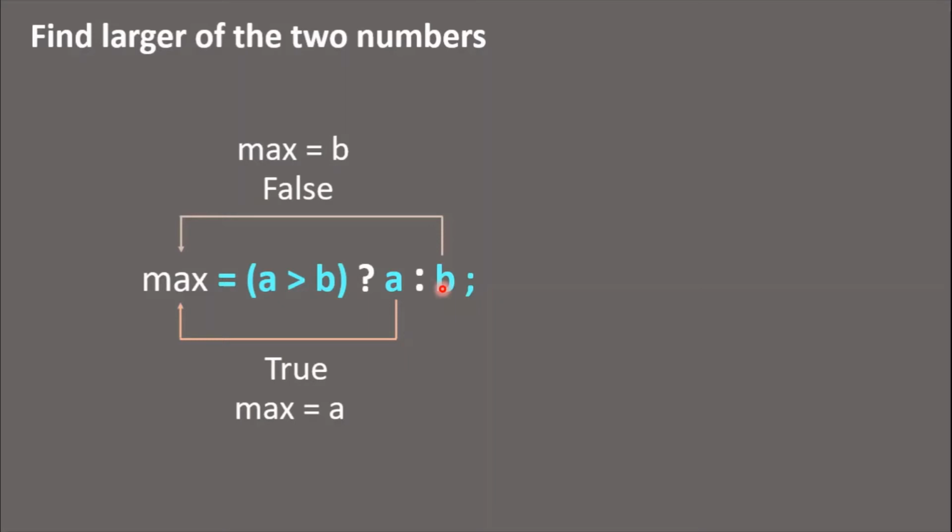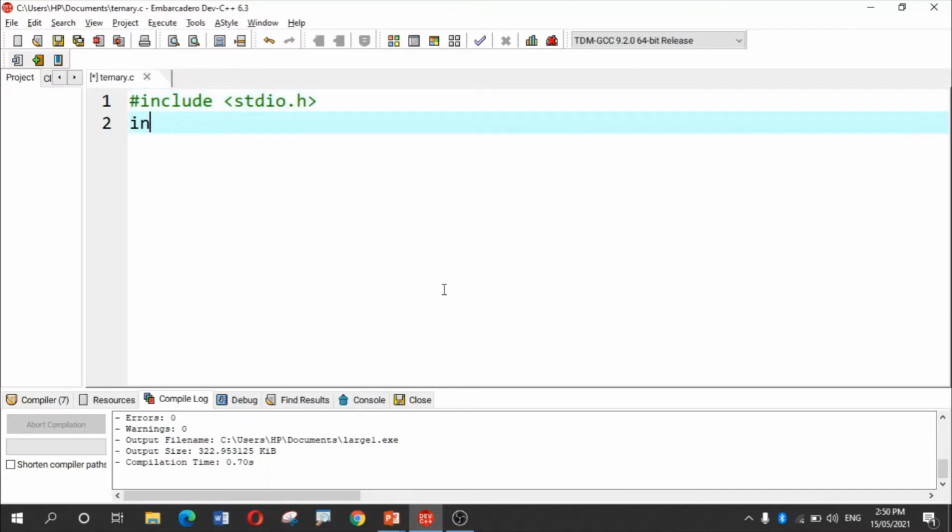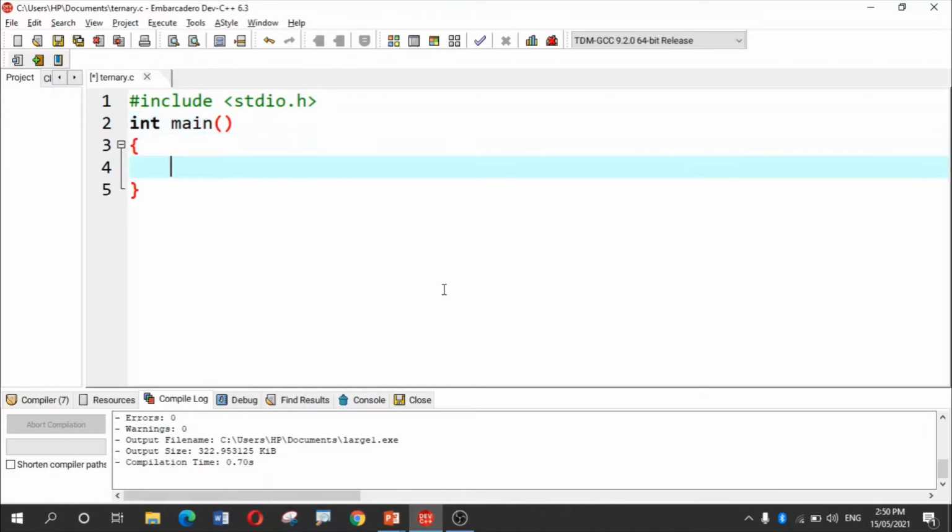Let us take an example based on this expression. I am going to develop the program in Dev C++. First, include the header file stdio.h. This header file stores the definition of printf and scanf. It is followed by writing the main function. Start writing the body of main. We are going to accept two variables from the user and we will store the result of the comparison operation in a third variable. So we will declare three different variables.